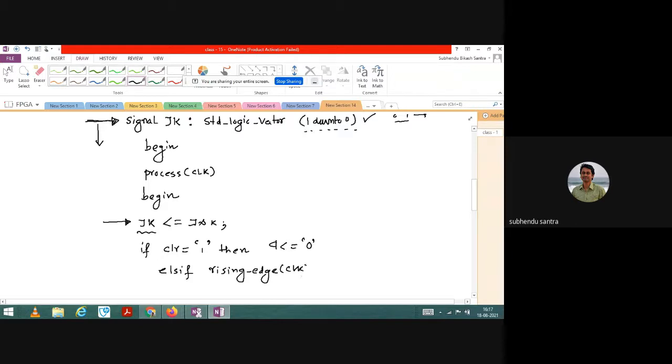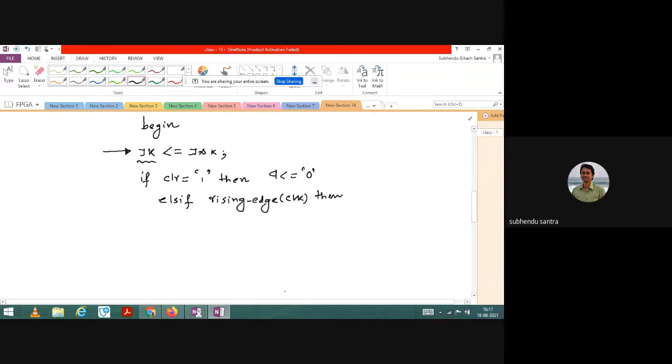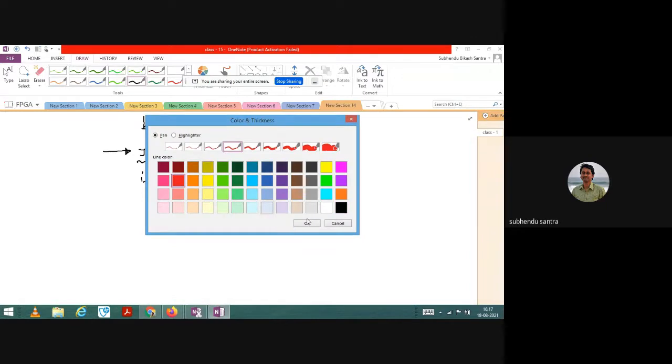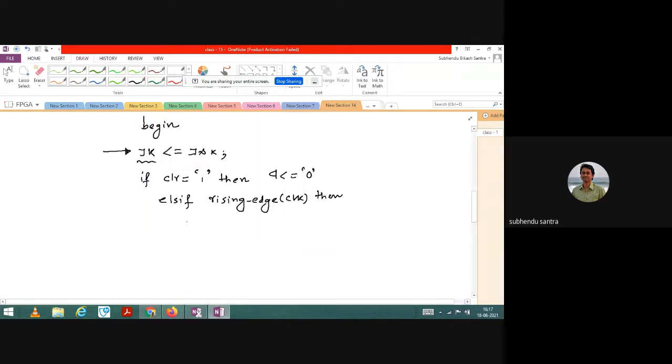Okay. Clock. So clock, then what to do? Then you need to assign what will be the output. Okay, so then I am going to use case structure. I did already how to use case structure. So I'll do like that. Case, the variable which is jk here, okay, the signal value will be incorporated to that jk.